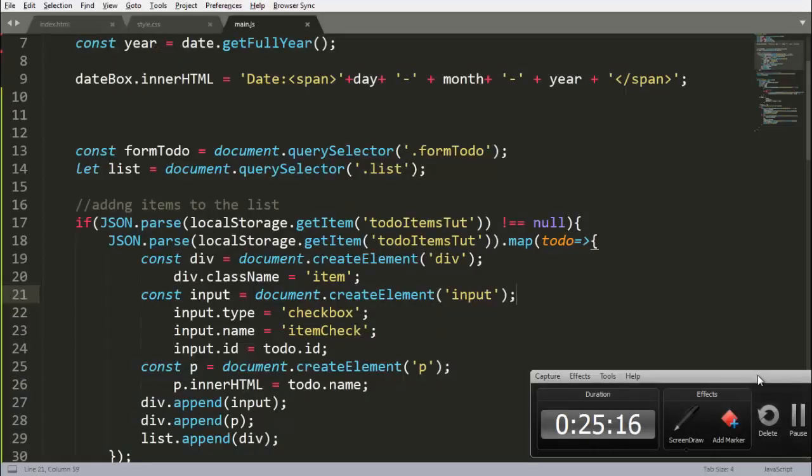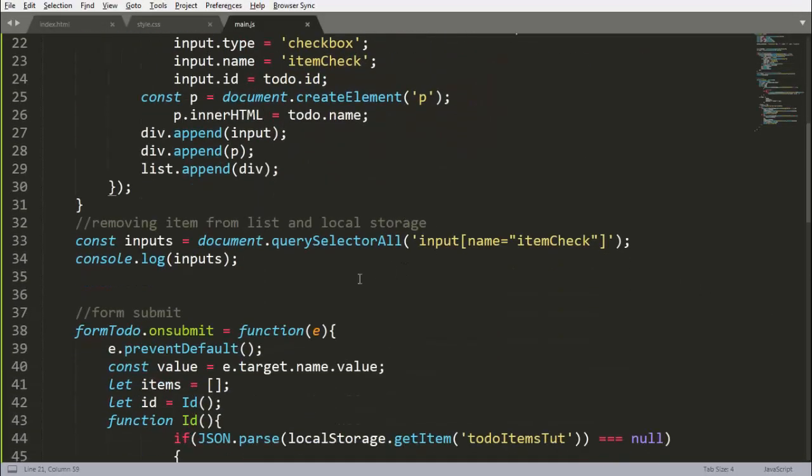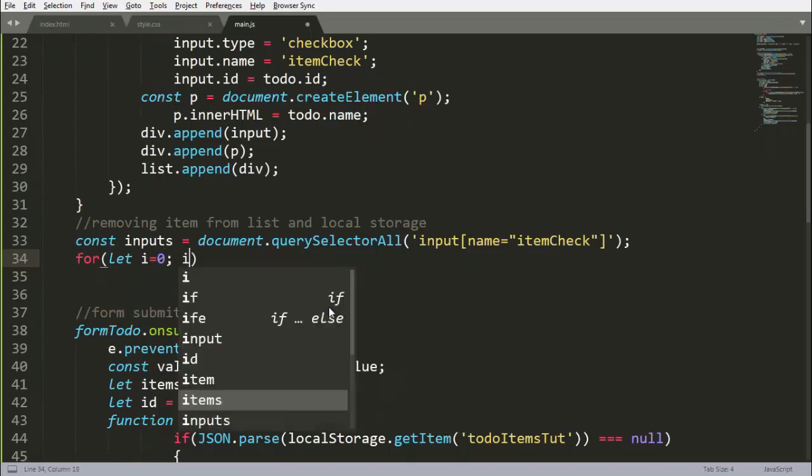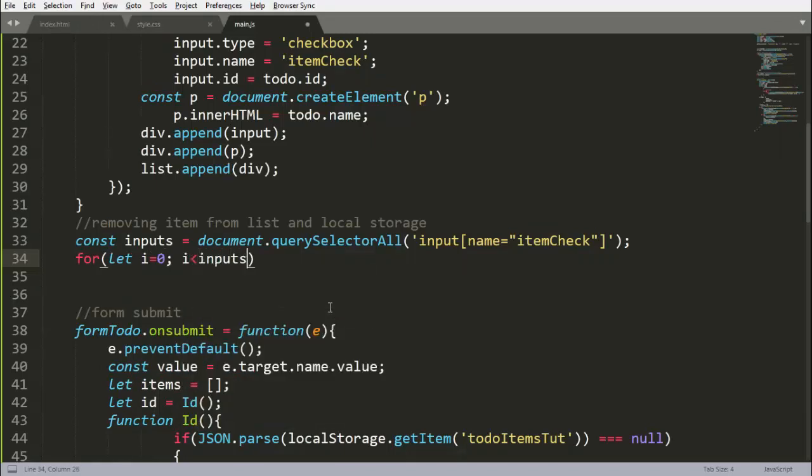So we will run a for loop here. Let i is equals to 0, i is less than inputs dot length and i plus plus.